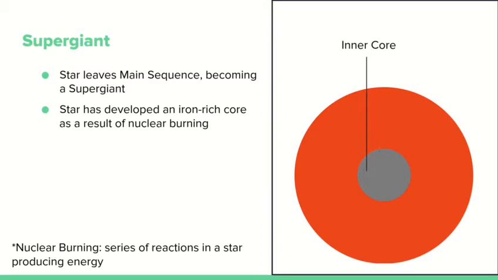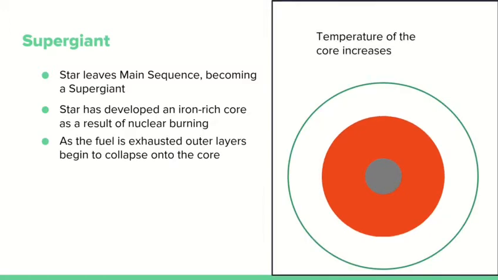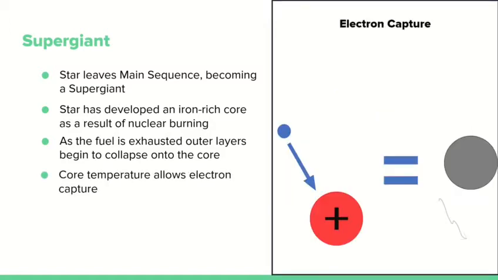As a result of a series of reactions called nuclear burning, the supergiant has an iron-rich core surrounded by outer layers. As nuclear burning in the outer layers slows down, they start to collapse onto the core, heating it up. This leads to electron capture. In this process, the core heats up to the point where the energy of protons and electrons allows them to